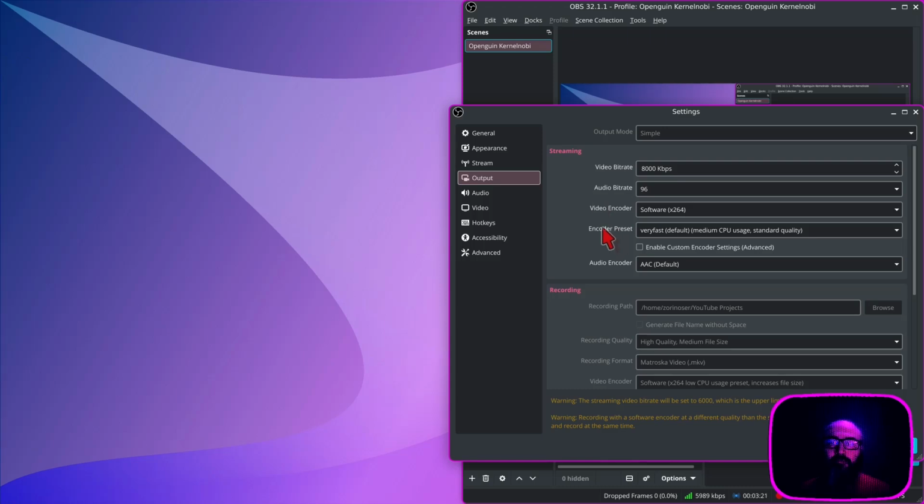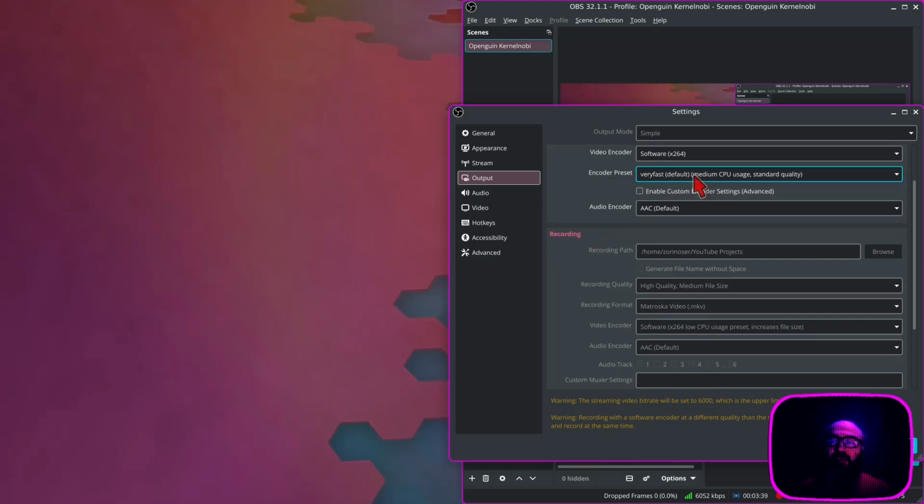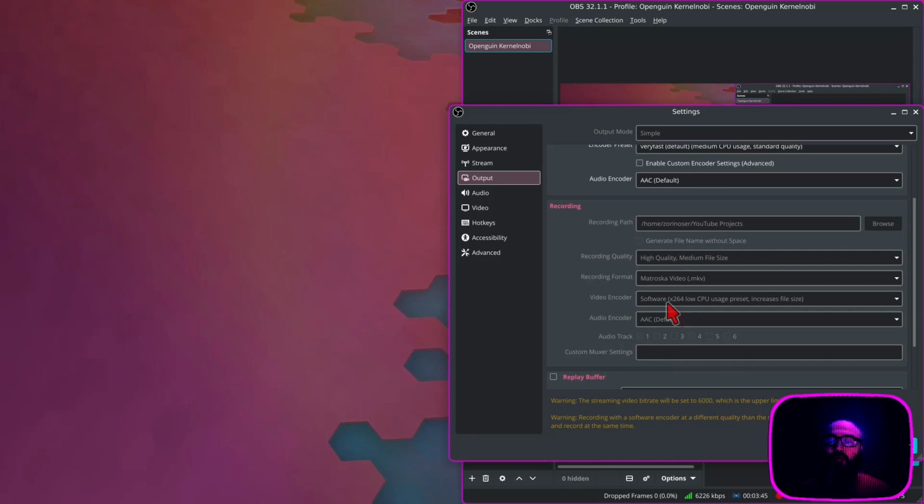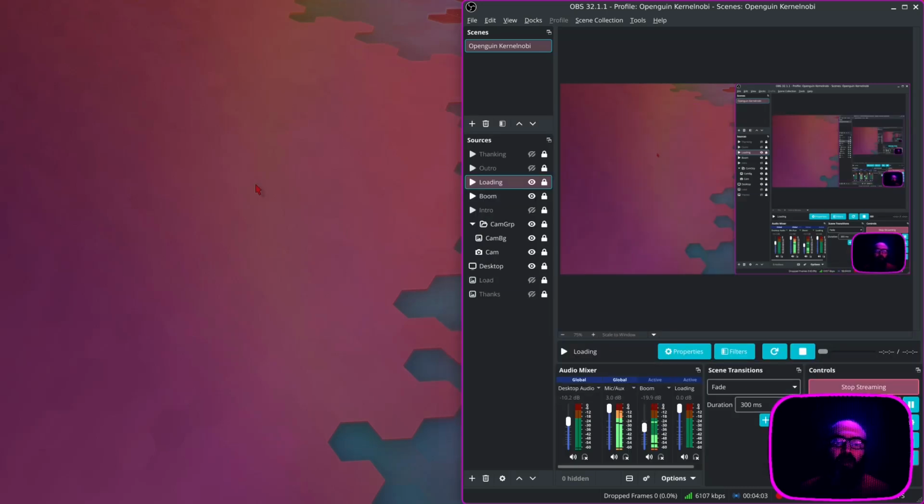Output. I'm using for streaming and recording basically the software encoder x264. 8000 kbps the video bitrate, the audio is 96, encoder preset very fast, default as it says, medium CPU use at standard quality, and for the recording I'm using software, I said this already, low CPU use at preset, increases file size, and the Matroska video file, MKV basically. And here's what I said about full HD resolution and 25 FPS. And let's go back to the